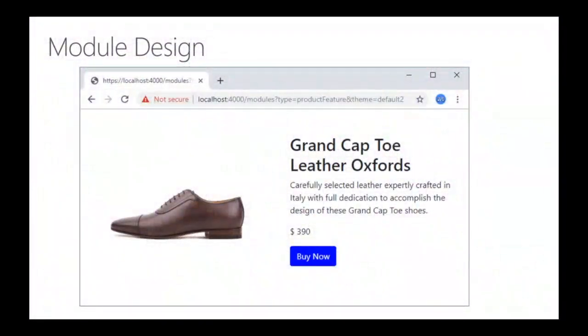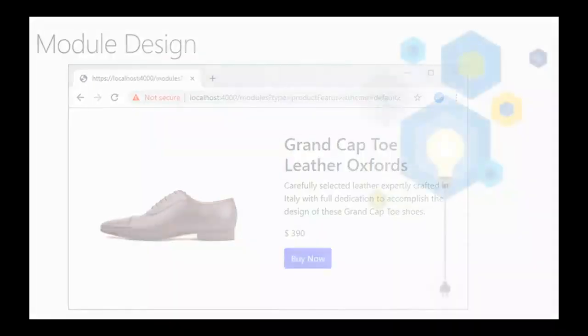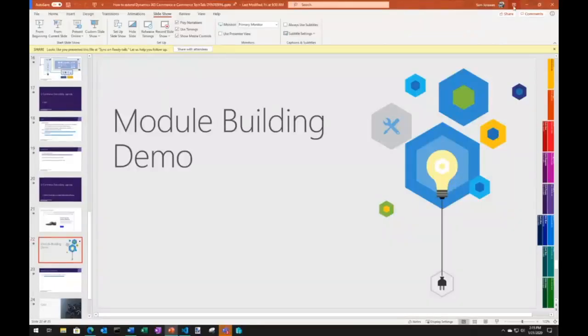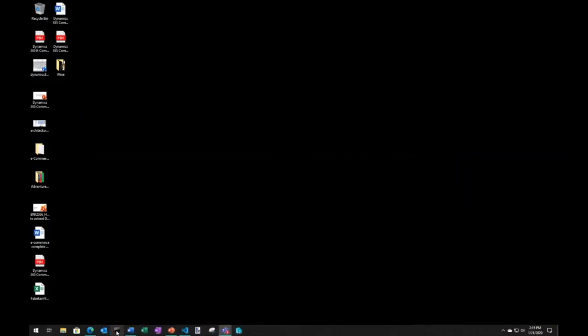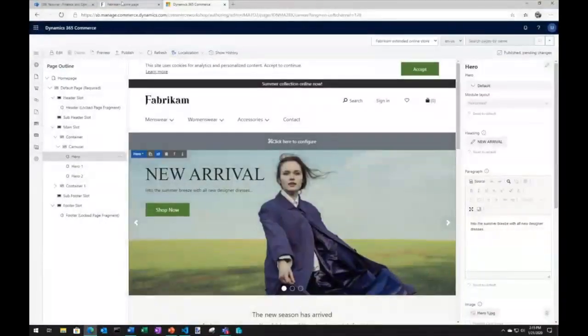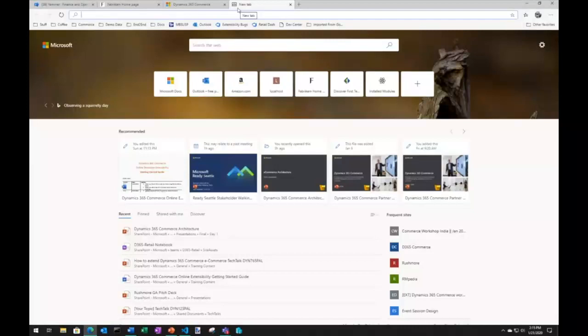And we're going to build a module that looks kind of like this. It's a featured product module. You have, in this case, a shoe on the left, and then the product details on the right with a price. So let's jump right into code now. I'll minimize that. And the first place I want to start is going to